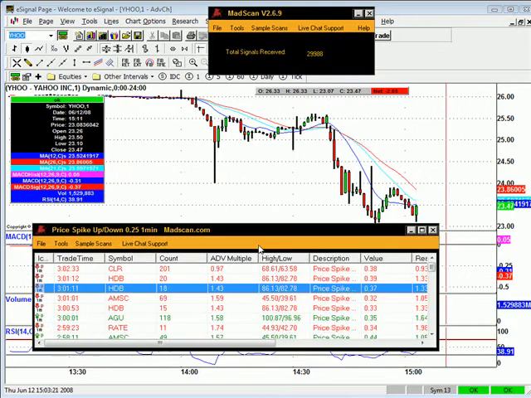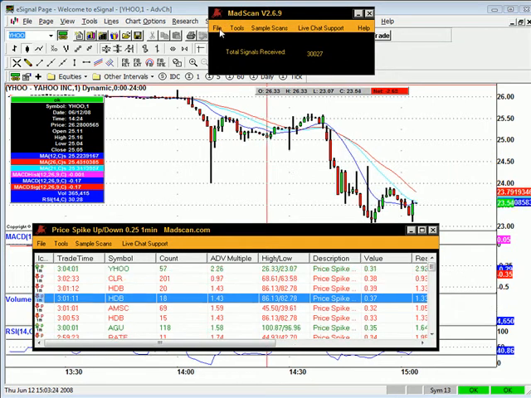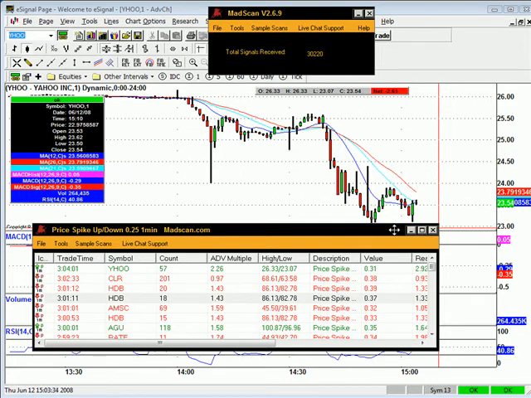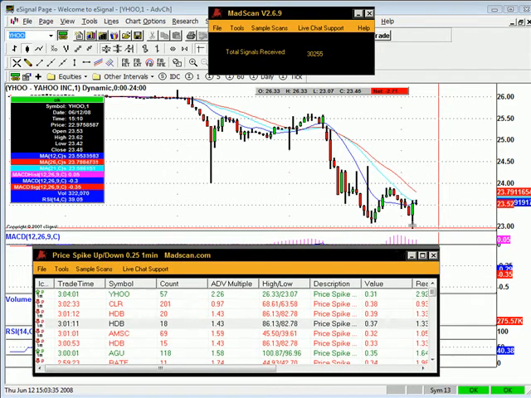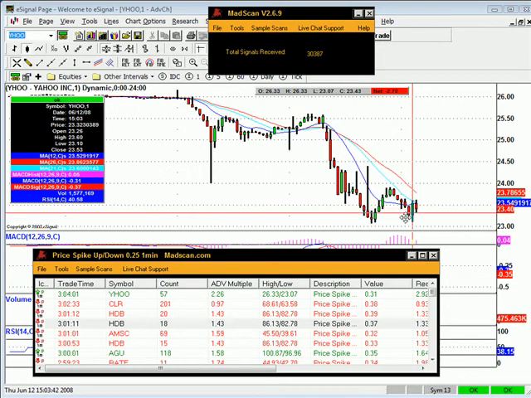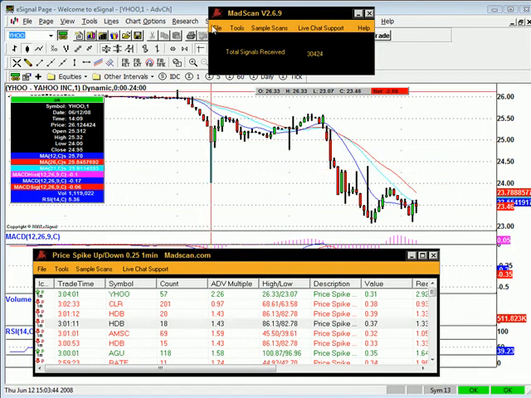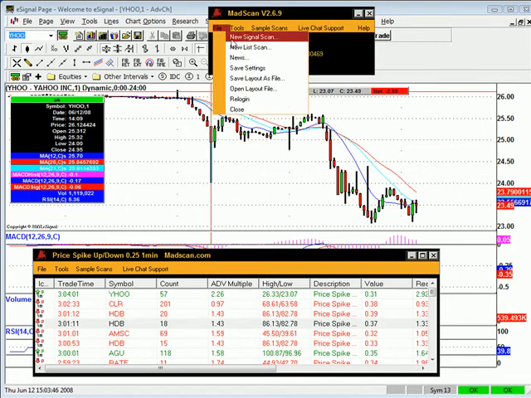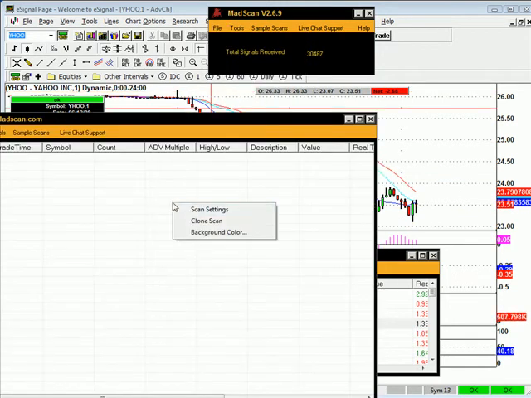If you take a look here, we've opened up a new alert window. So here's a real-time alert coming through at 3:04. Yahoo just moved 31 cents, I guess from 23 to, that came through at 3:04:01. So this move right here between 3:03 and 3:04, this alert came out. If you open up a new alert window, new signal scan, and right click,